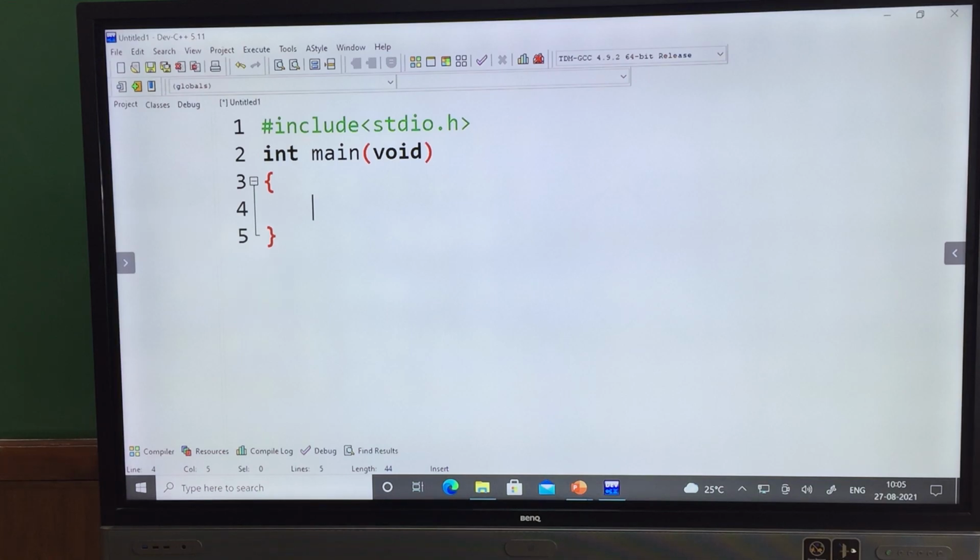It is not compulsory that you read numerical only. You can read a character, you can read a string. It is completely up to your interest. For practice, I am reading an integer, and that integer I will send to a file. Int numerical.